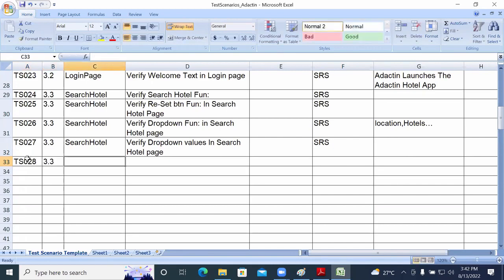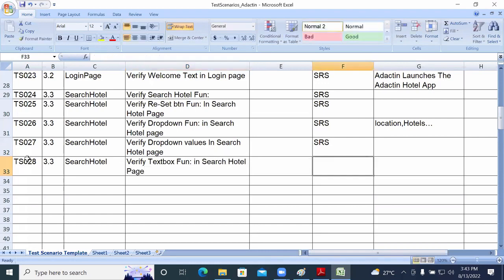Requirement number 3.3. 3.3 is related to search hotel. So what is the next one? Verify text boxes functionality in search hotel page. Okay, done. Next,